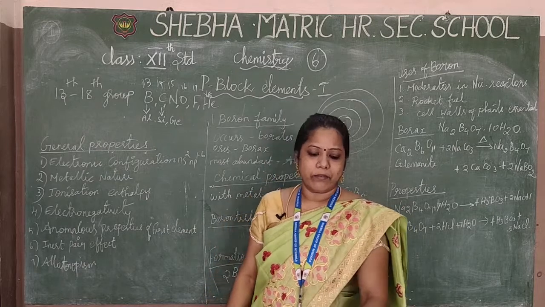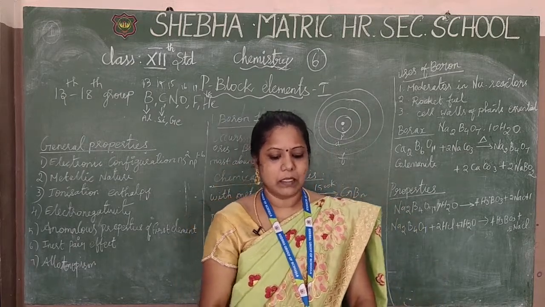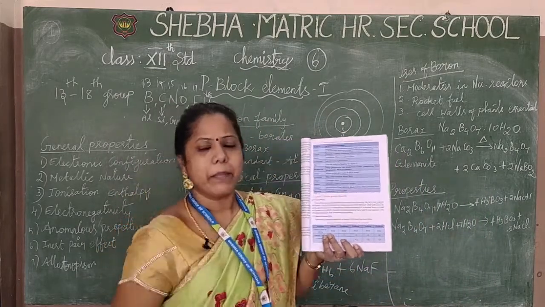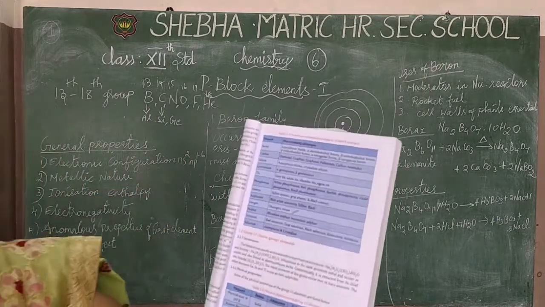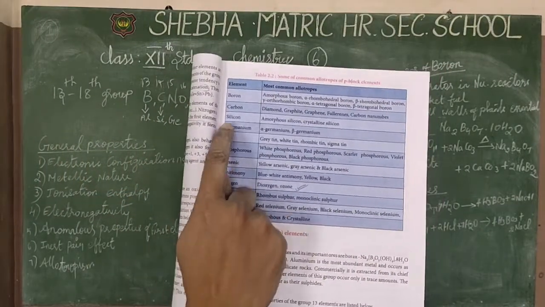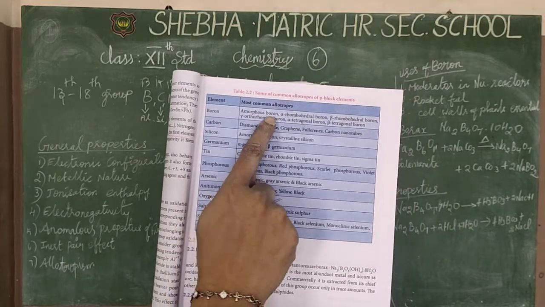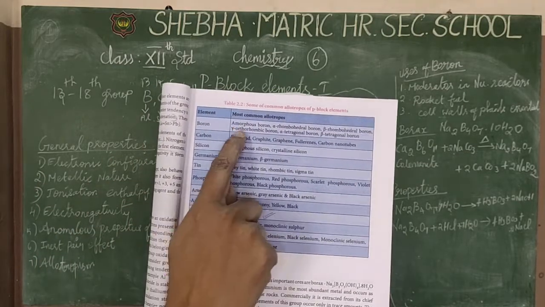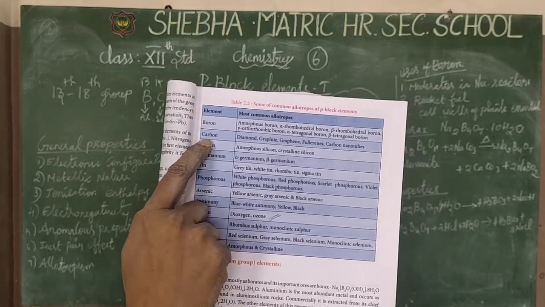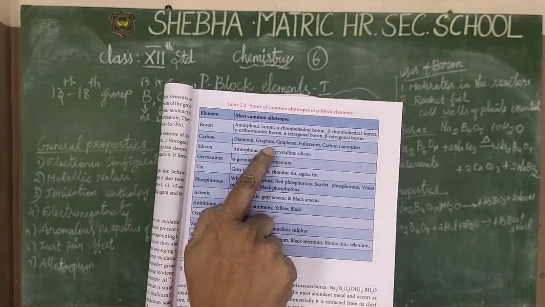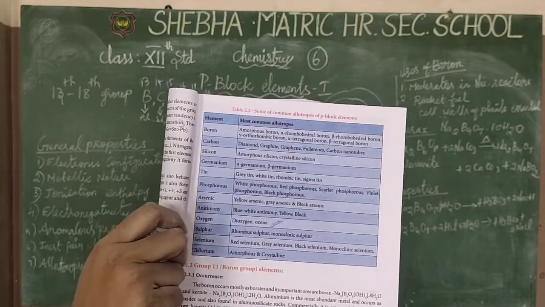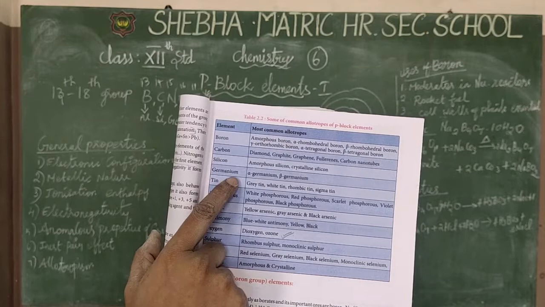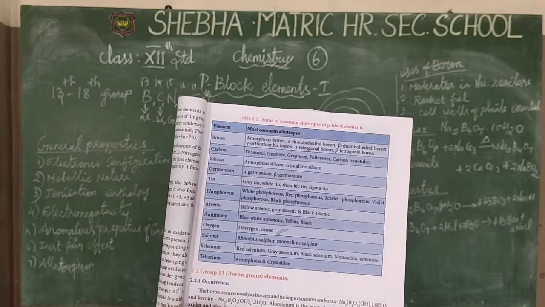I am going to show from the books what the anomalous properties of these p block elements are. You have to notice some elements and their anomalous properties, which I am going to explain from the book. Boron: amorphous boron. What is amorphous? The non-crystalline structure is called amorphous boron. Obviously we go for carbon. In carbon categories, there are diamond, graphite, graphene, and fullerene. This type of element we can also find. And silicon, amorphous silicon, and germanium, alpha germanium, and we can also get beta germanium.